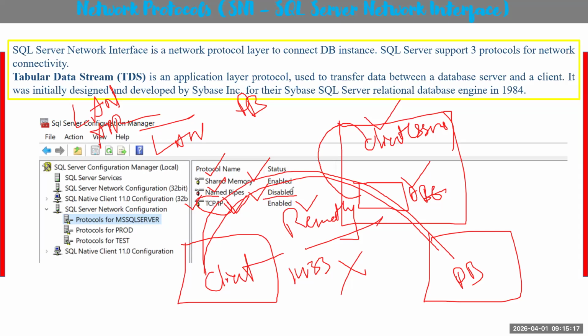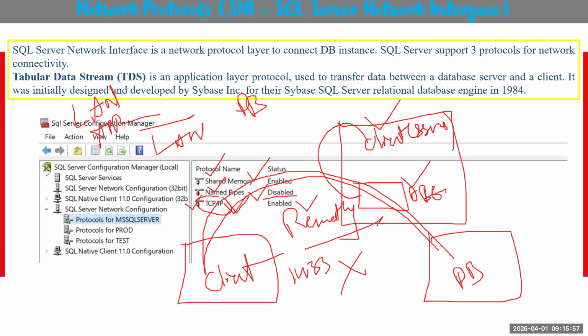We won't enable it, sir, because there is a concept called SQL hardening. As part of SQL hardening, named pipes should be in disabled mode. So that is the reason it will be in disabled mode, sir. But if there is any application dependency, and the application team is telling us that we must enable the named pipes, then only we will enable it. Otherwise, we never enable the named pipes.